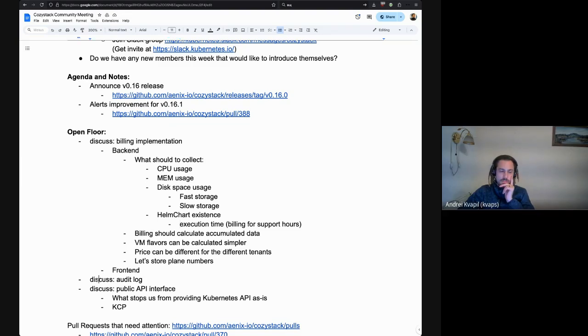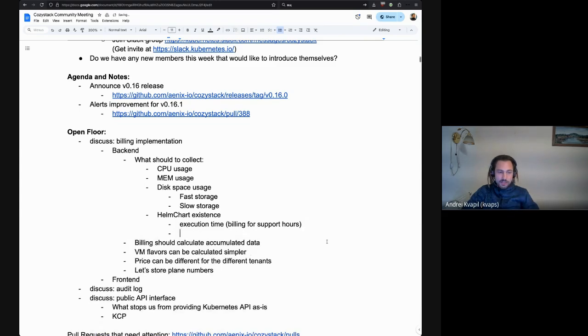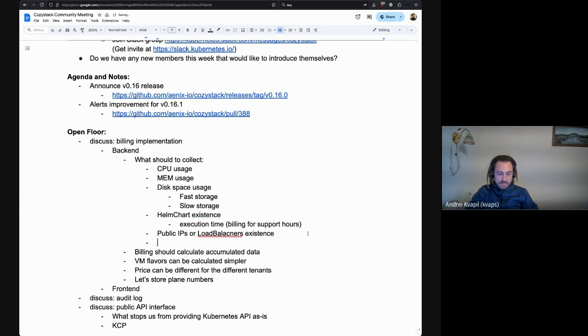Yeah, this is a good topic to discuss, but I'd like to finish this one for the beginning, and I would like to also add public IPs or load balancers, which should also be taken into account. Probably network traffic,